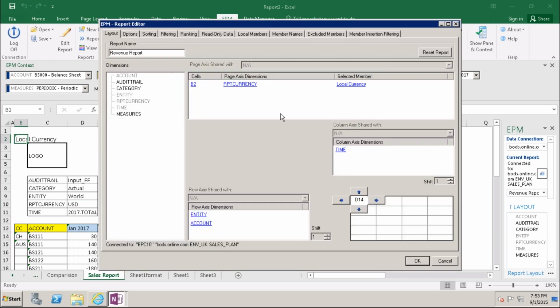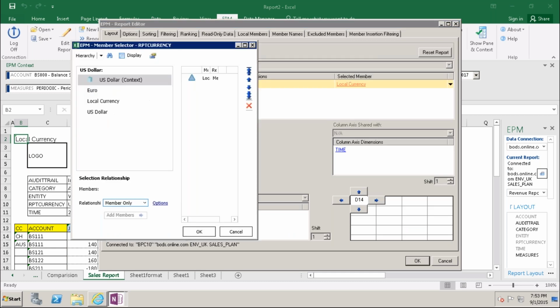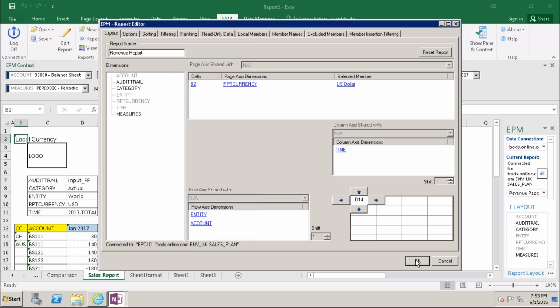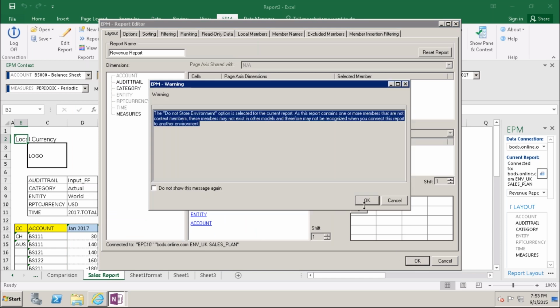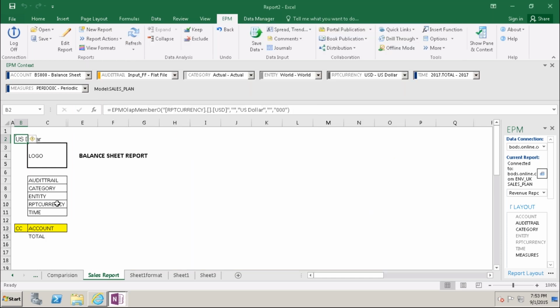Edit report, local currency. Because of this local currency is always this what I wanted to give here. Number. Okay. Now, okay, okay. So the reporting it might be on everything now.